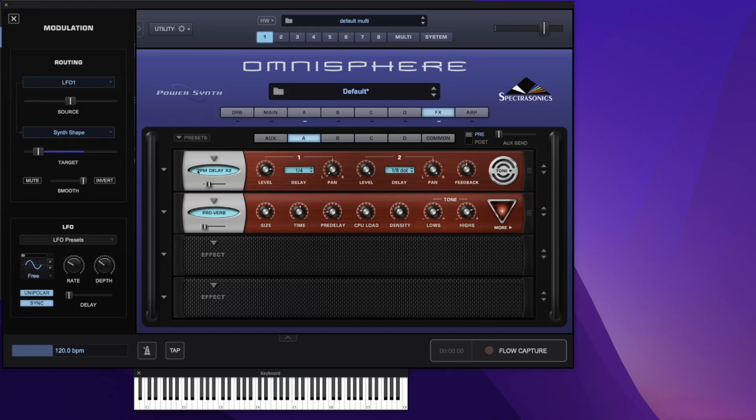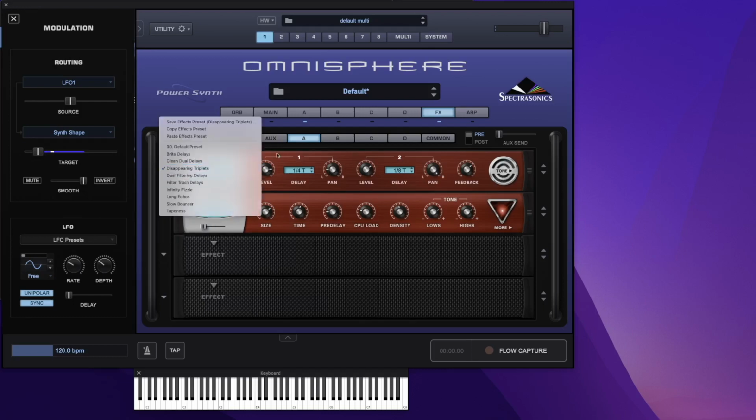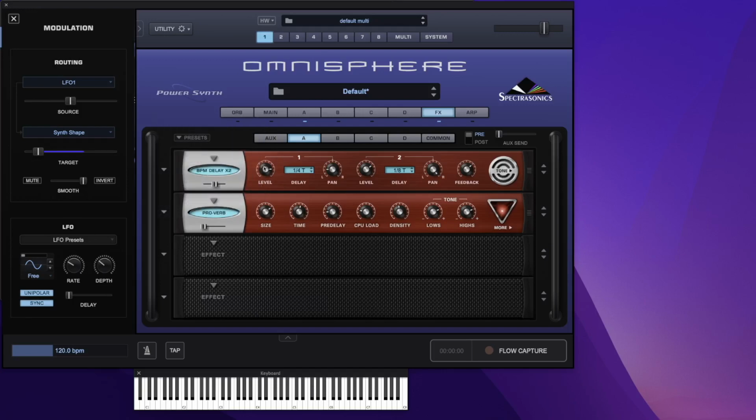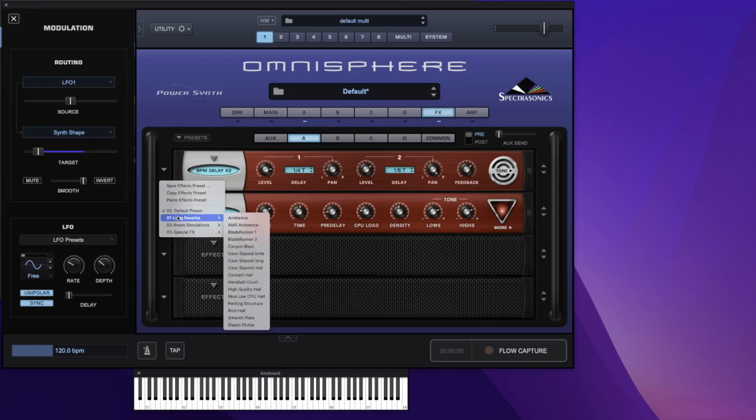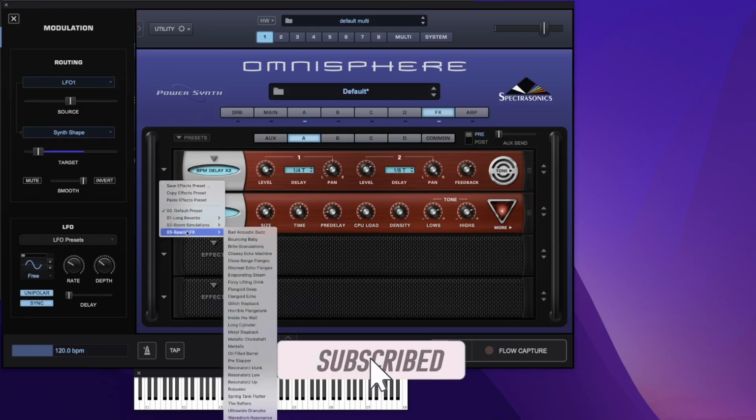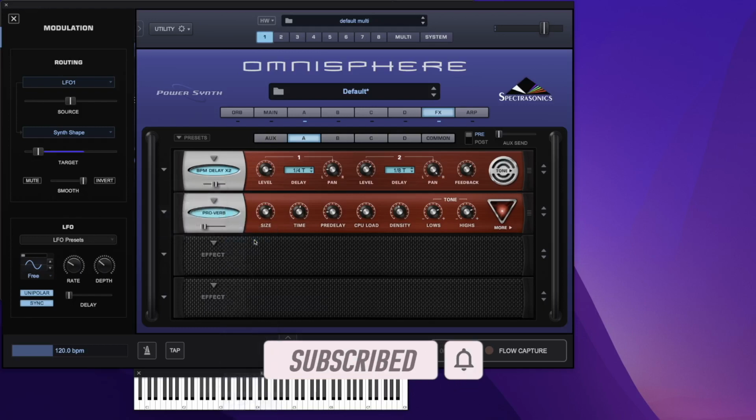Now if you want to get somewhere very quickly once you've got these down, because this sounds nice and all, but you've got these little down arrows here. You click on that and you get presets for the individual effects. So in this time we say Disappearing Triplets. So these presets will only affect the delay. So it gives you a new starting point. Now if you want a different reverb, we've got long reverbs, we've got room simulations, and we've got special effects. So if I have a Bouncing Baby,